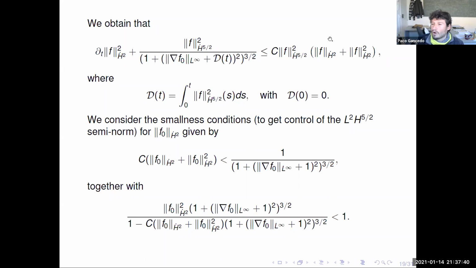So the conditions that I'm plugging here are for me to preserve this. This is what we want. Omar and I want to preserve this inequality, right, and to absorb this thing into the dissipation. Okay, so having these conditions, which are on the slope and are also on the initial H2 norm.